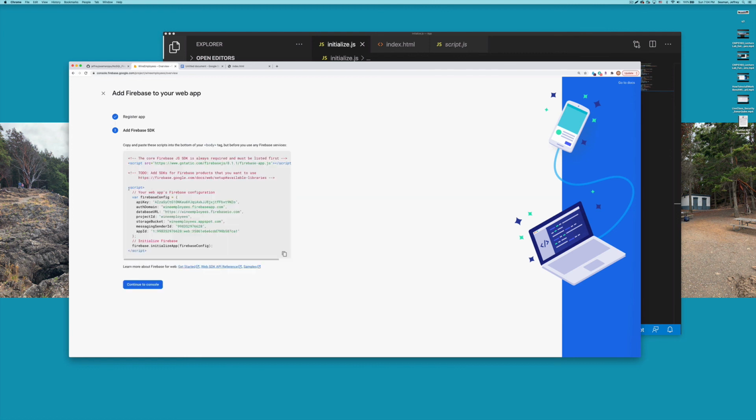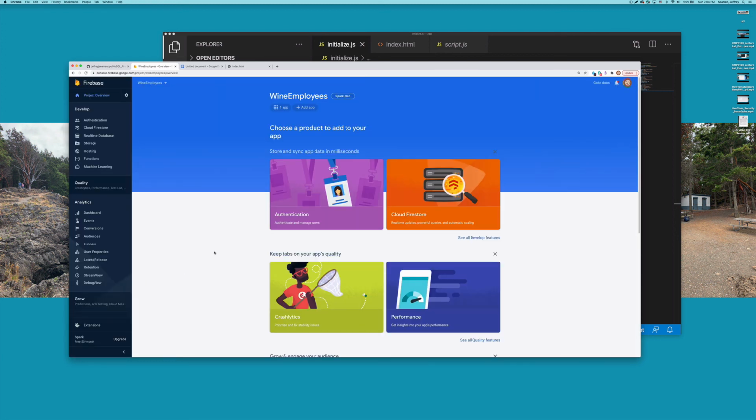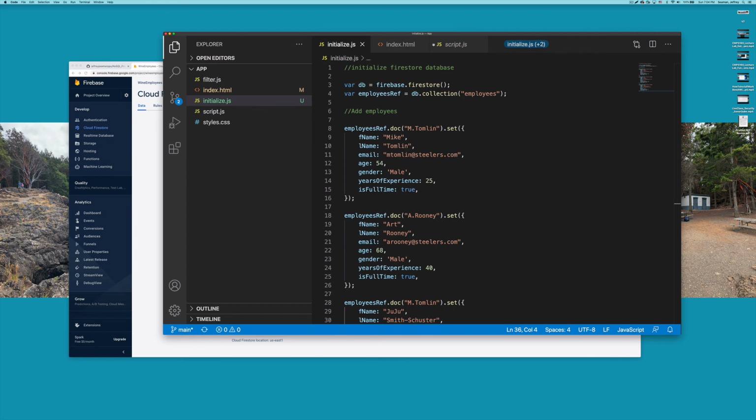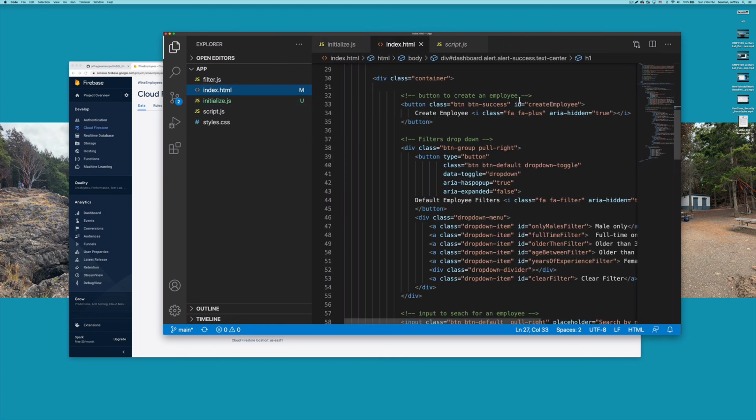I hope this is our code. So I'm going to copy this script right here, which is something I should have done in the first place, and I forgot to. And make sure it's wine employees, Firebase. Yeah. All right, I think that's right. I hope it's right. Go to Cloud Firestore. Yeah, wine employees. Okay, cool. I had to double check. Forgot to do that. So go over to index